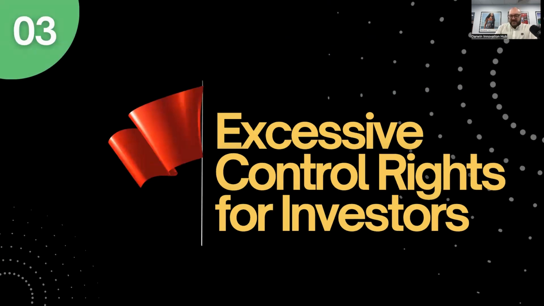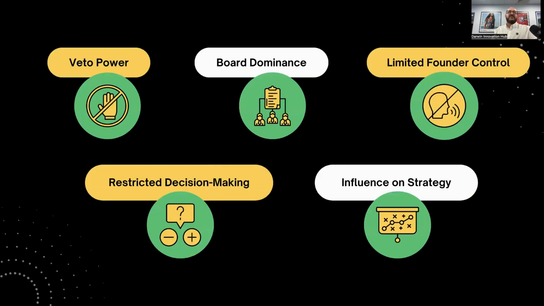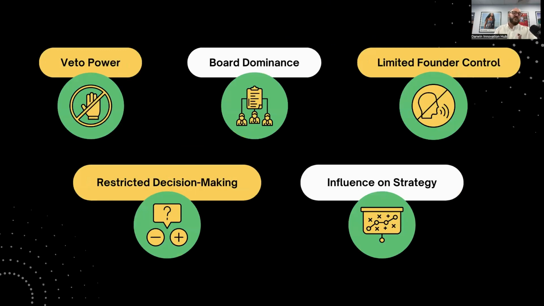Excessive control rights from investors tend to be a very rare thing in the venture capital world, because generally venture capital doesn't want a controlling interest. They just want to get in, get out. They're short term. They're not wanting to hold your company for 30 years and own it outright. So these excessive control rights can be things like having veto power over decisions that you will make as the CEO of the company, or some kind of dominance of the board where, out of the 4 seats, 3 of them are the investors. You don't want a situation where you've got no control over things yourself, and you don't want to have your decision making power restricted too much by investors.